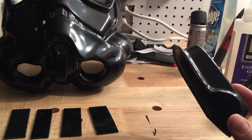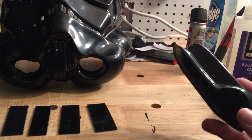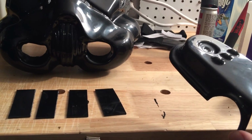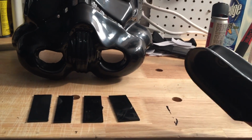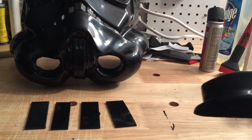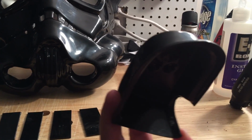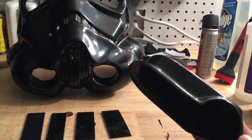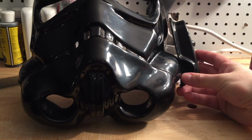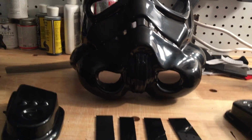This is going to be the left ear, and the left ear is going to be a little bit bigger than the right ear. I don't know why that is, but it is accurate. That is the way it's supposed to be. And as you can see, I've trimmed down the ear so that there's just a little bit of a lip on the side, and that's going to eventually go over here once the hemispheres over here are attached to the